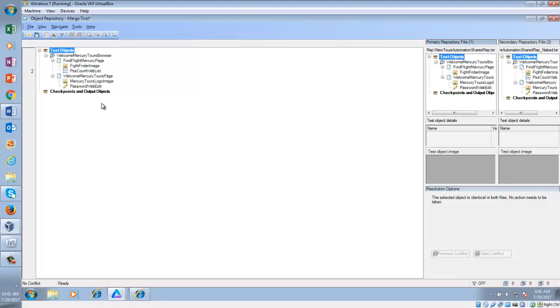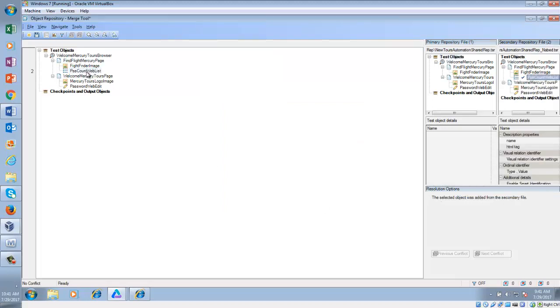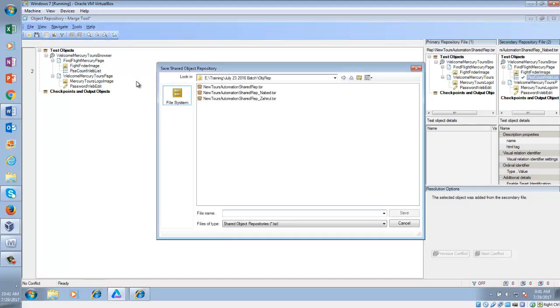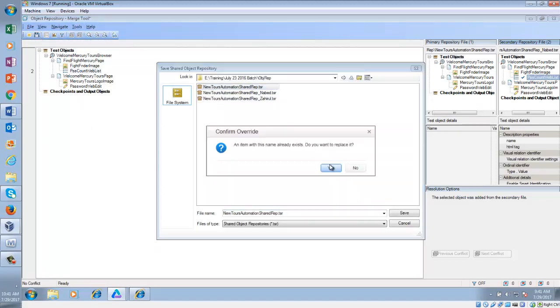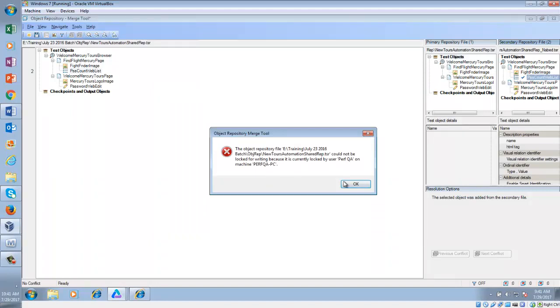Now in the master repository we have the passenger count web list. Still we have one object missing. What is that? The radio group. So we are going to tools again. Let me save it as the master object repository.